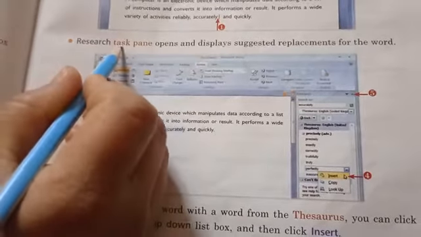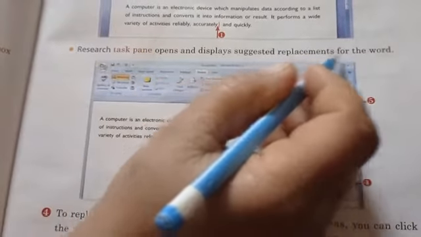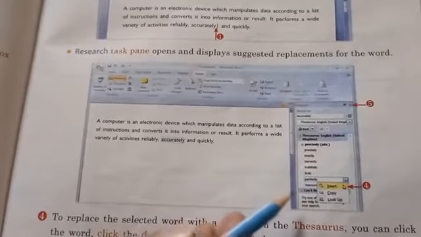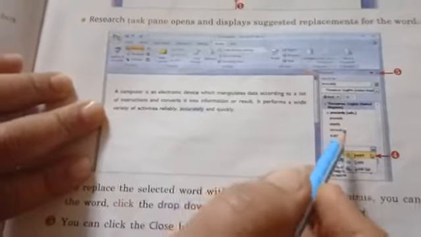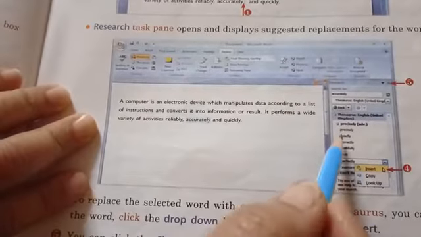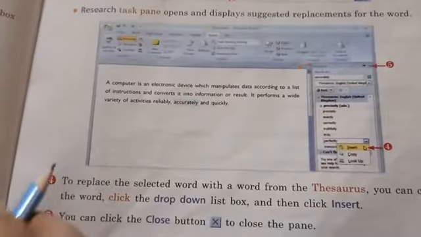The Research task pane opens and displays suggested replacements for the word. Now you can see here, first here, perspectively, exactly, correctly. You can see many words here. Now you have to choose.